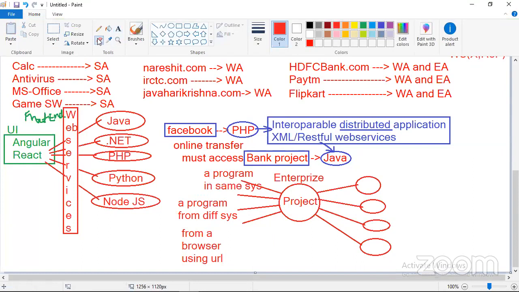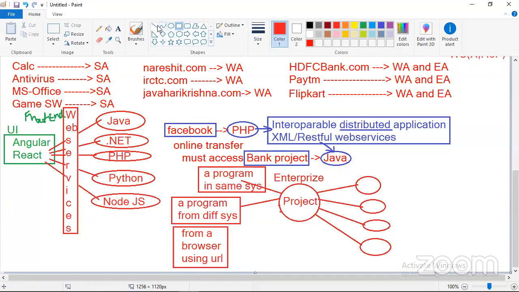An application that can be accessible from a program in the same system. I'm speaking more technically. A program that can be accessible from one program from another system. This cannot be explained completely in a single day; you should have patience. A program that can be accessible from the browser.